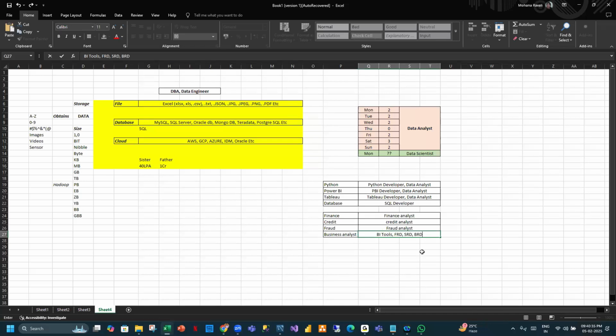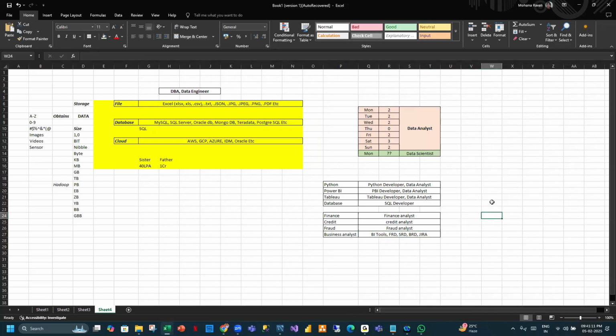Next one is BRD, business requirement document. Everything should be documented, right? At the same time, he also has to make sure that developers are working, correct? So he should raise a ticket so that developers will finish the task until it is completed. That we call tickets. For example, we have Jira to track the tickets. So a business analyst has to know BI tools for analyzing, ticketing tools to see how developers are working. He also has to understand the business and also prepare a document. Understood?